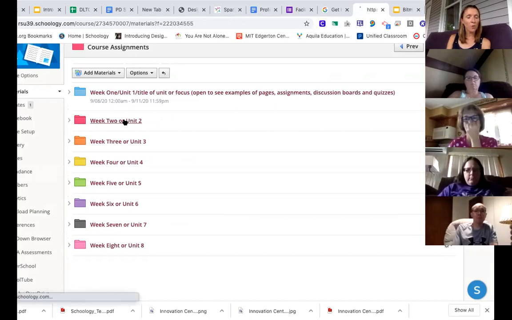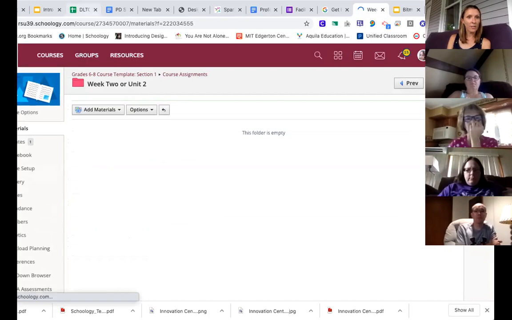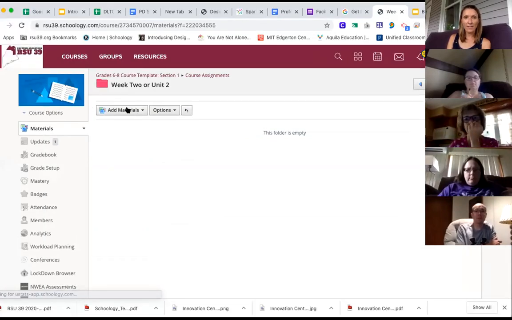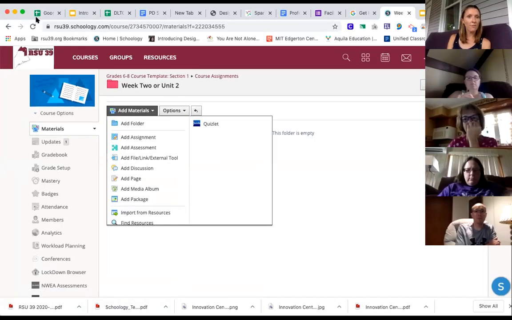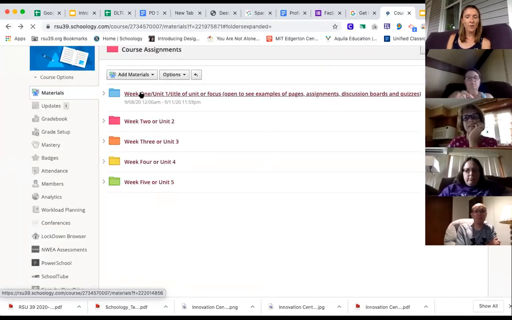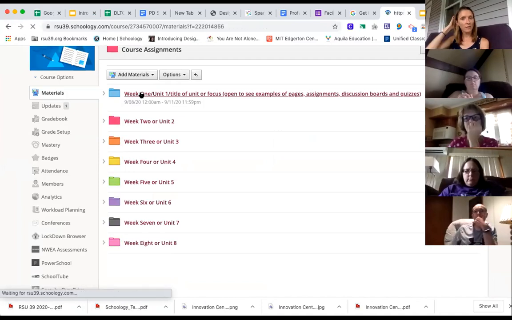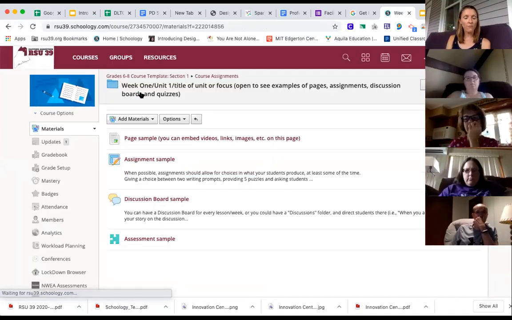Sorry, I actually meant to go. So you see, these are all empty, but they all have this add materials button where you can add all these various types of things. But week 1, we did put in, and we're still finalizing some of what we're going to put in this template,